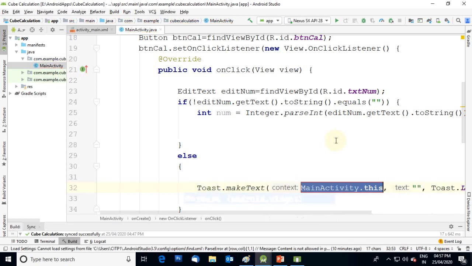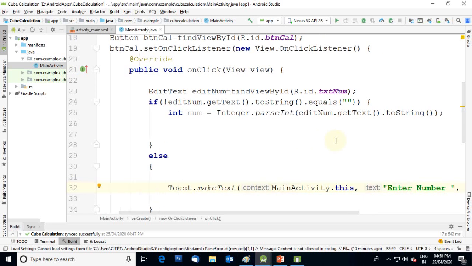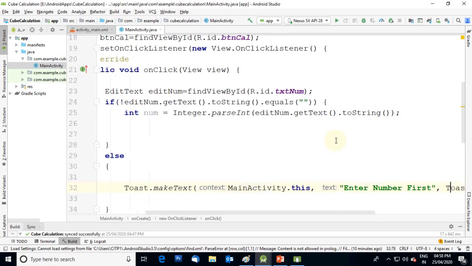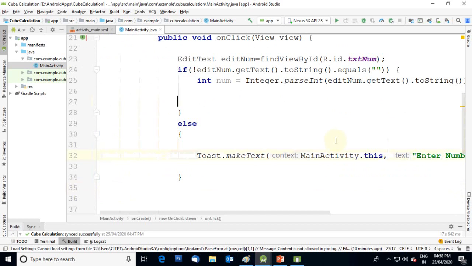It automatically completes the function. I am going to add the message here, enter number first. Okay, so if the number is not entered in the text box, the simple toast message will be displayed. You will see how the toast message works.